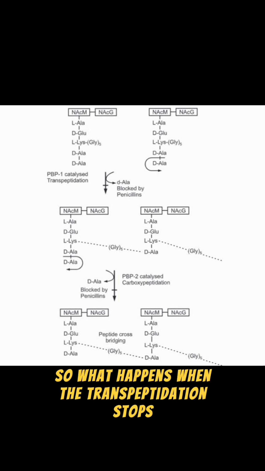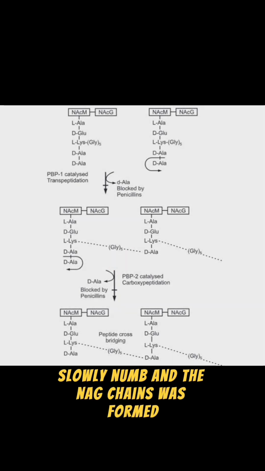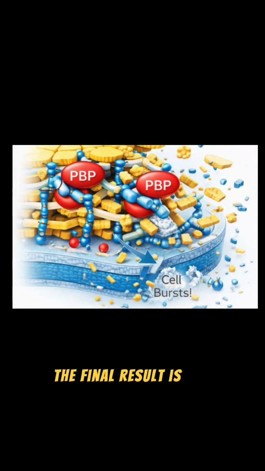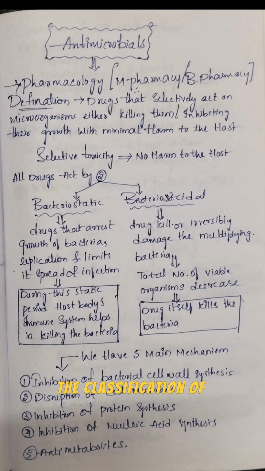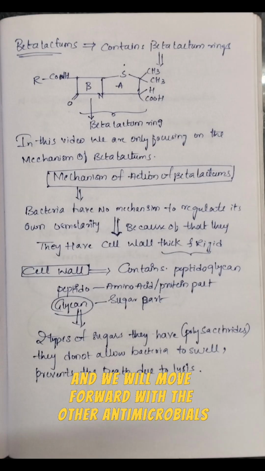So what happens when the transpeptidation stops? Let us follow the sequence slowly. NAM and NAG chains are formed, but the peptide cross-linking does not occur. So the cell wall becomes weak and the bacteria cannot withstand the osmotic pressure. The cell will burst. The final result is the bactericidal effect, as we see. Next is the classification of the beta lactams, and we will move forward with the other antimicrobials in this